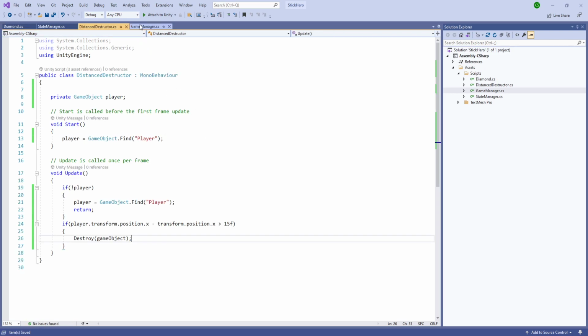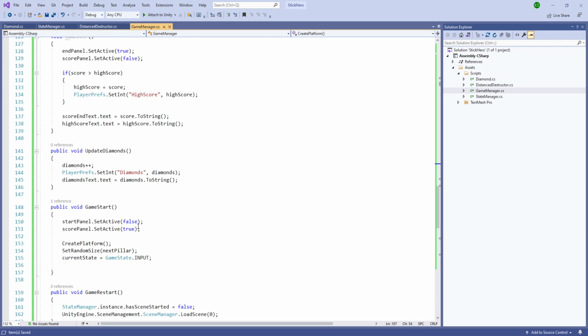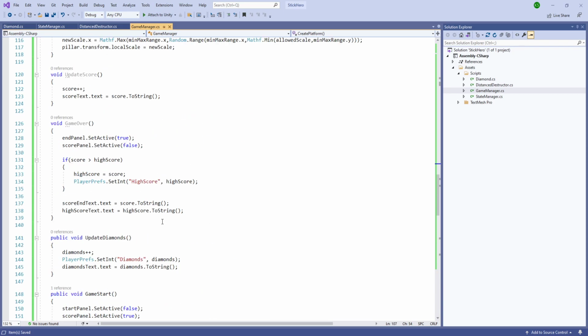And our distance destructor should also work, state manager should also work, and the last thing remaining would be attach all the scripts to the buttons. So let's see how much we have coded for the game manager. 100 lines of code around should be remaining. We have a rotate, move, scene restart, quit, start, create platforms, set random size, and create start objects, game over, update score, and the diamonds. And now the last thing remaining is the